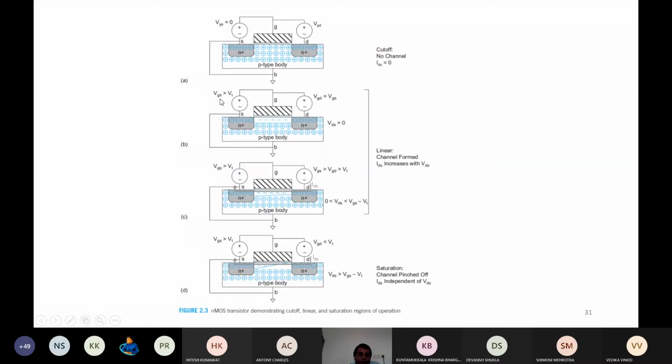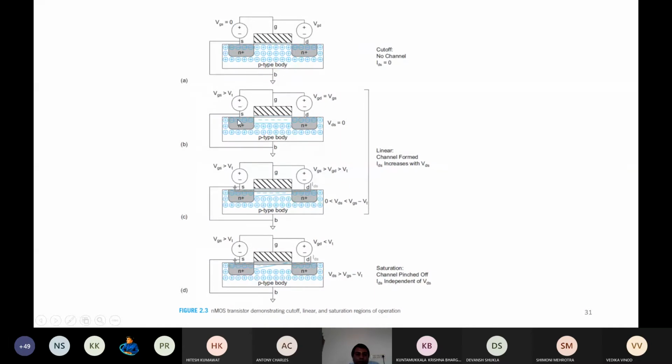But further, if you slightly increase the gate to source voltage, giving a positive bias at the gate, then when the gate to source voltage is greater than the threshold voltage, it will operate properly. When a positive voltage is given but it is less than the threshold voltage, it will still not turn on. But when you apply a gate to source voltage equal to the threshold voltage, the channel will be formed. And if you give a gate to source voltage more than the threshold voltage, the region will be completely inverted. So the inversion region will be strong, and the channel will be created properly.